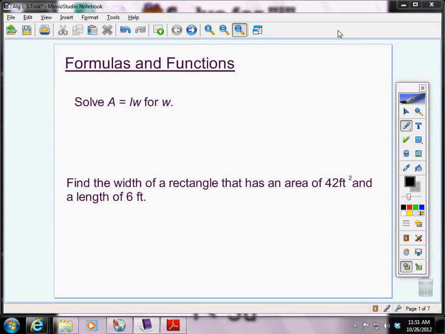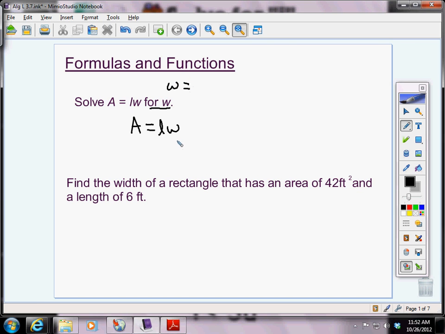A formula is an algebraic equation that relates two or more real-life quantities. For example, if you look here, we have our area formula. Area equals length times width. What we're going to be working on in this lesson is we want to take our formulas and solve for different variables. What I mean is right now this is solved for area, but when it says solve A equals L times W, area equals length times width, for W, what that means is we want it to say W